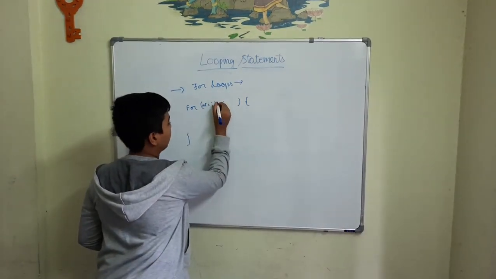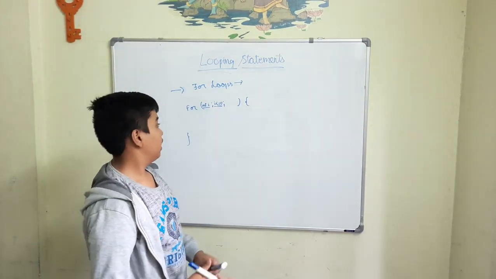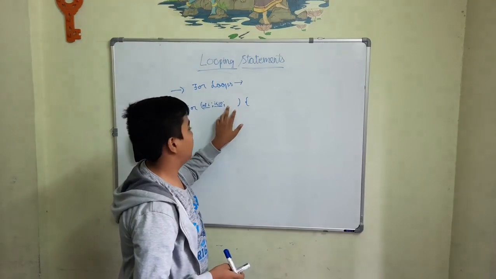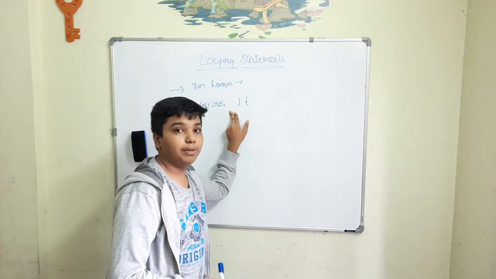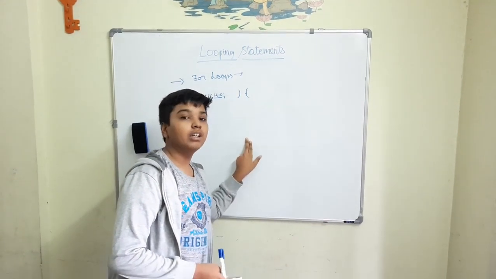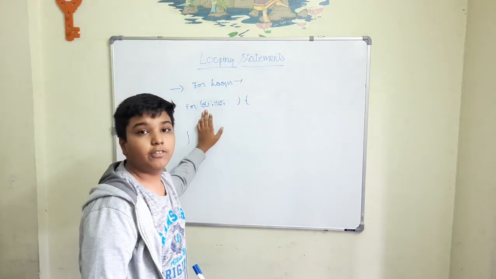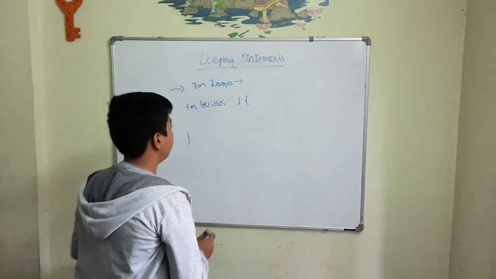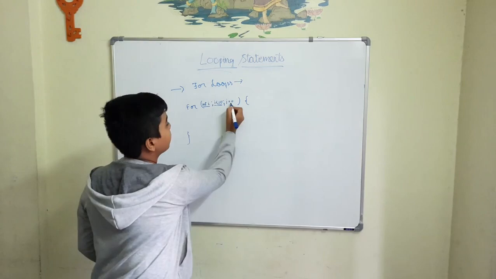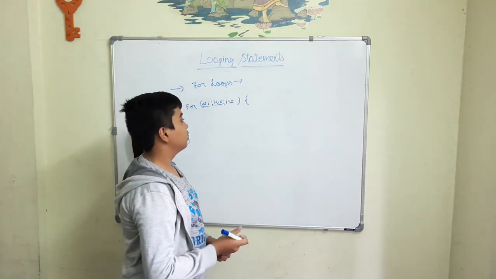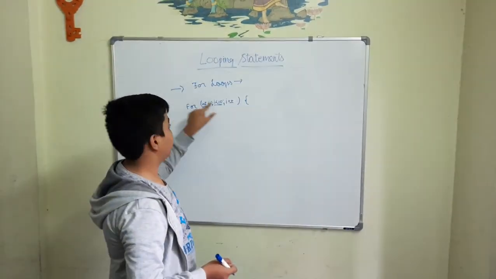So i is less than 10, this is the condition right here, this is the declaration of a variable, and then we have to give some function, like what to do with i. If you want to print i, you will use i to print 1, 2, 3, 4, 5, 6, 7, 8, 9, 10. So you want the value of i to be incremented each time the loop iterates, i plus plus. Now this plus plus over here is an operator. It's an incrementation operator. It increments the value of i by 1 each time the loop iterates.